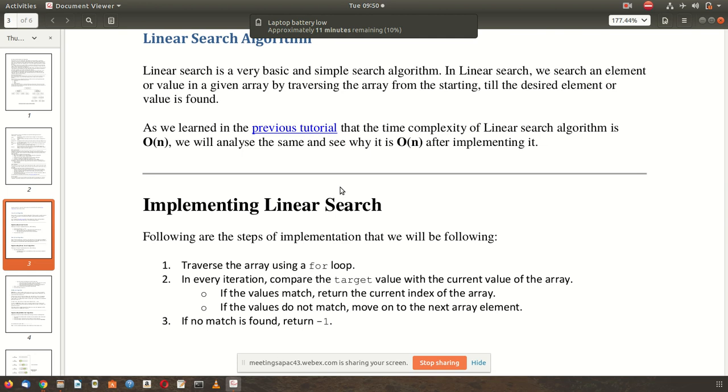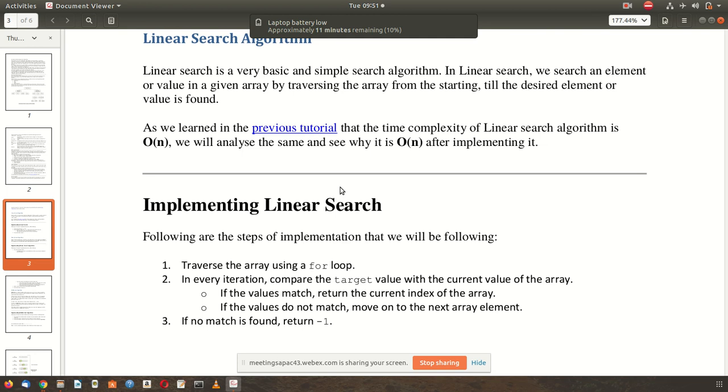So today the first algorithm that you're going to see is called a linear search algorithm. Search means to find something in the computer system. And linear means straight, so you can understand it is a searching algorithm. Algorithm means a step by step description of a program, using simple English so that everyone can understand.